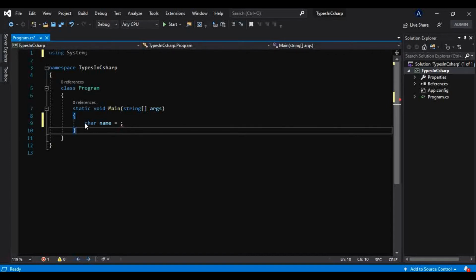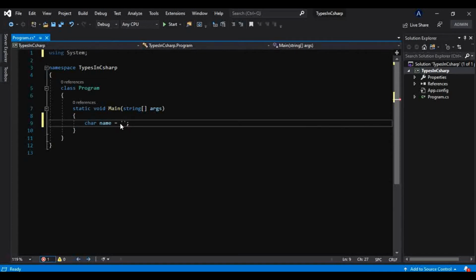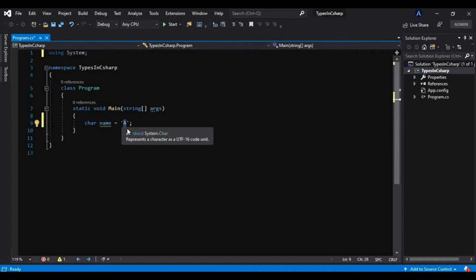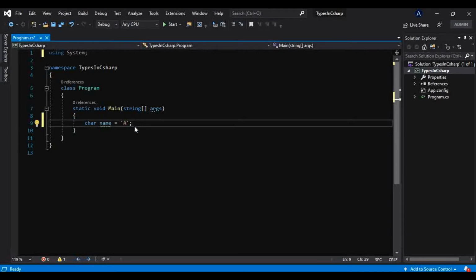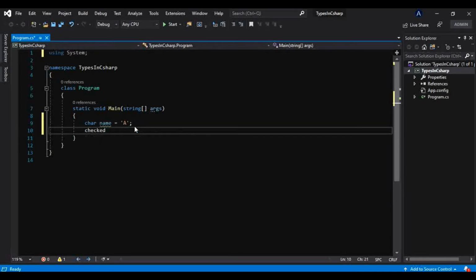So whether this type is a character, let me take one character, that is A. At the end this character will be stored in the machine in digital format only. So there is an ASCII number associated with this A, and I will show you which number it is. Let's take another char, name, for that number.